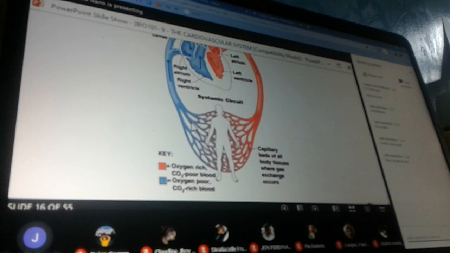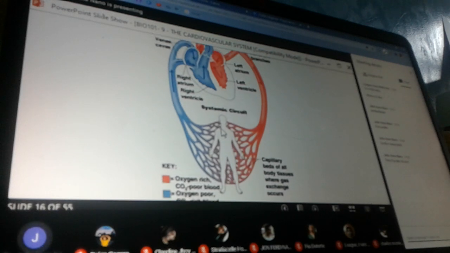So yung sa ating different tissues natin, class, eventually is nag-accumulate yung ating carbon dioxide. Now, dahil dyan, nawawala yung oxygen from the blood. So, dapat mabigyan ulit ng oxygen yung ating blood. So, yung veins natin, class, okay, it will carry our deoxygenated blood papunta sa ating heart,